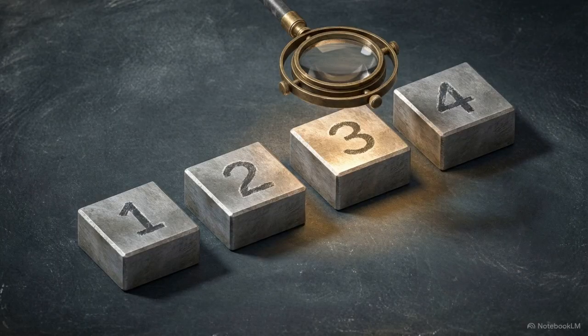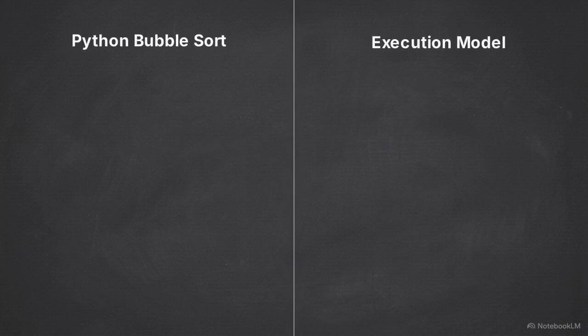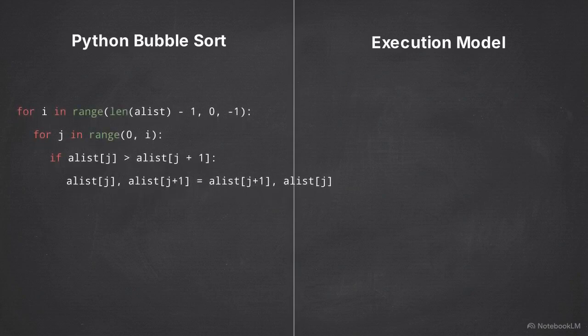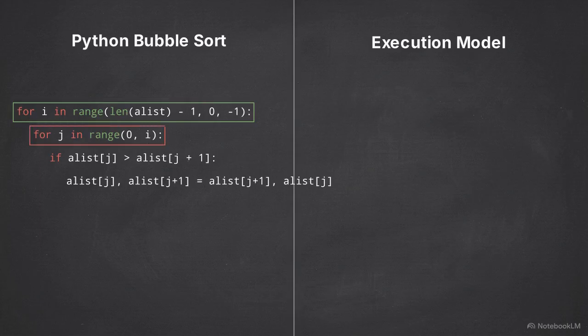Both algorithms rely on a shared core mechanism. They operate via contiguous, element-by-element comparison. This split-screen diagram illustrates the structural bottleneck in Python's implementation of bubble sort. Look at the code on the left. The architecture relies on nested loops, a primary for i in range loop, which directly contains a secondary for j